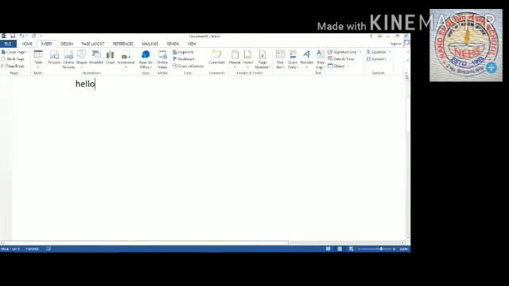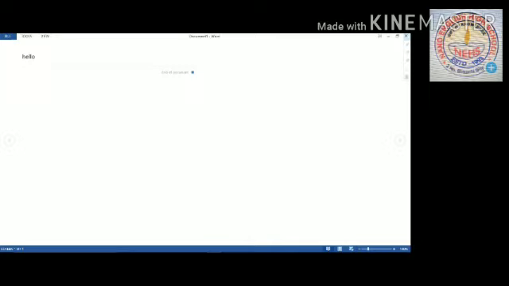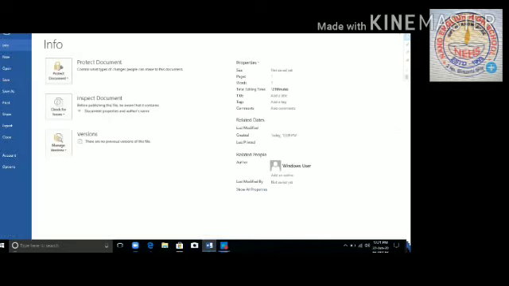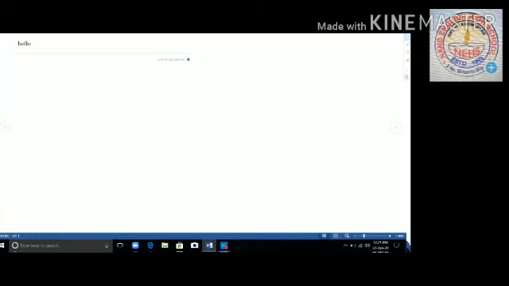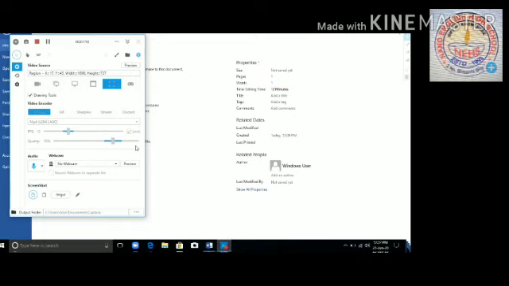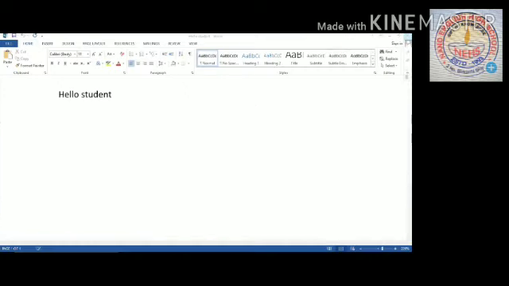Next, view toolbar. This toolbar is located to the right of the status bar and provides buttons to adjust the size of the document.